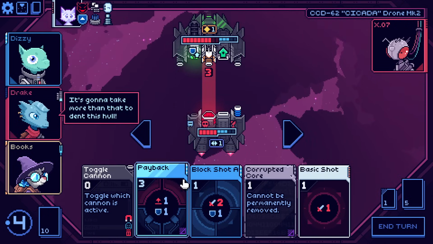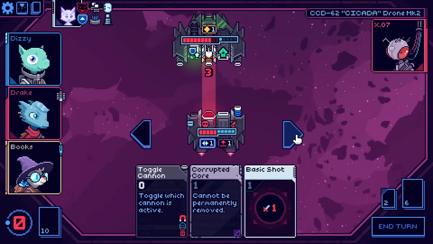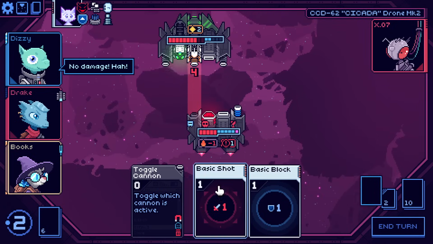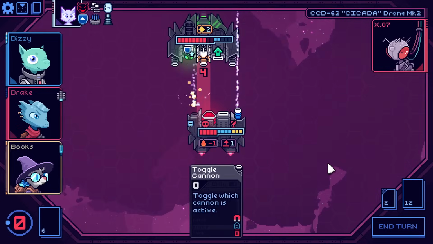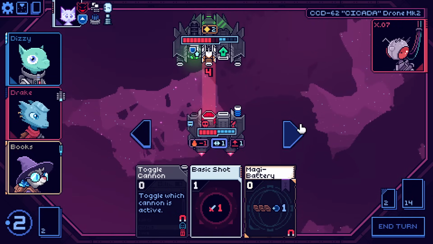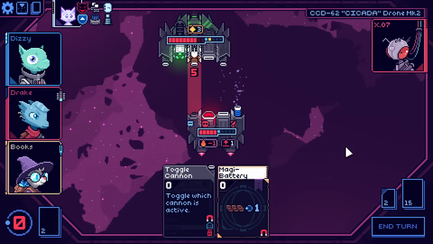There's Payback. And we can follow up with a block shot. I'm going to move 1 space further over because I don't want to take all of that damage. Firewall, shield. Momentum, dodge. I don't want to be on this side of the enemy, but unfortunately I don't have enough dodge to currently rectify it without taking damage, so I'm going to elect to take some damage in order to get over to the correct side of the enemy for my...